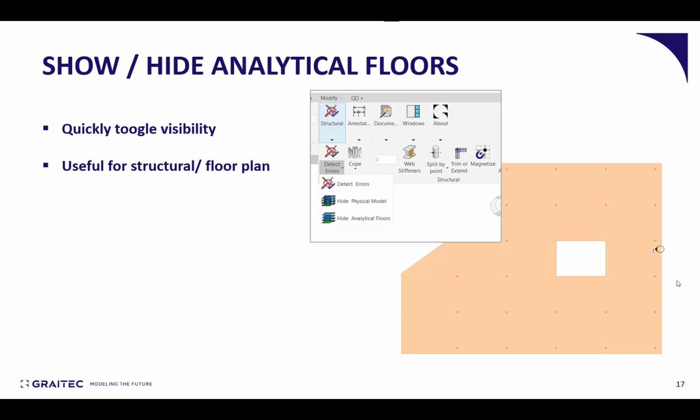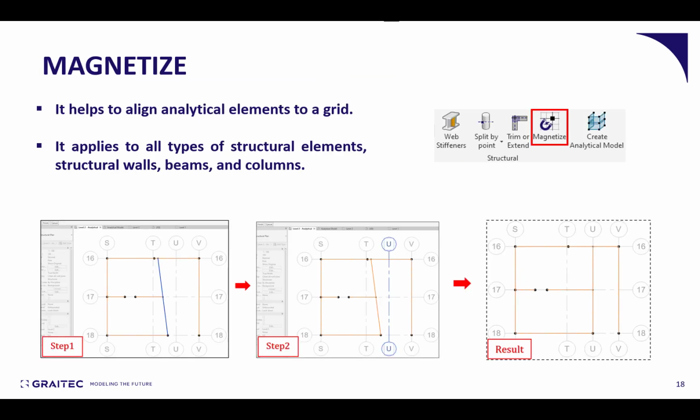Next, we have show/hide analytical floors, which is also a tool to manage visibility, but specifically for floors. Why? Because when you are in a floor plan in Revit and you have an analytical model on floors, due to the fact that floors are a 2D planar element, they could hide all objects underneath, which means columns or beams. If we want to adjust or select beams more easily, sometimes it's very useful to hide the floors, make those adjustments, and then display the floors again. That is the reason why we created specific tools to toggle the visibility.